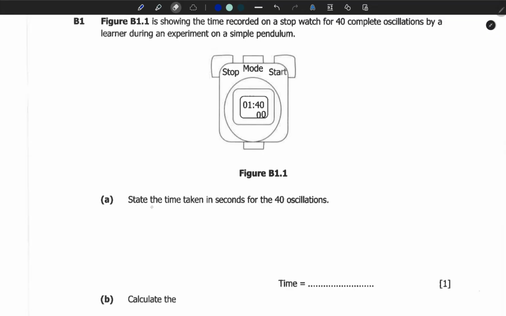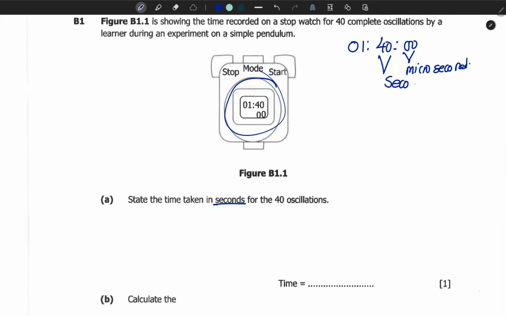So the first question is, state the time taken in seconds for 40 oscillations. So on our stopwatch here, we have 01, 40, 00. So the first two zeros represent what we call microseconds, and we don't have any microsecond. Here we have the seconds, so we have 40 seconds,